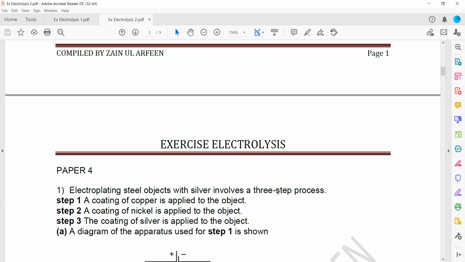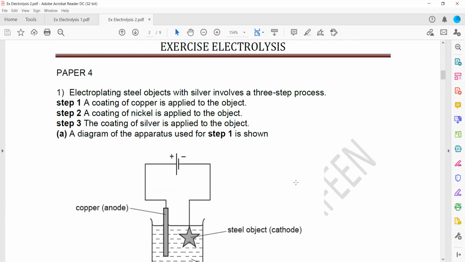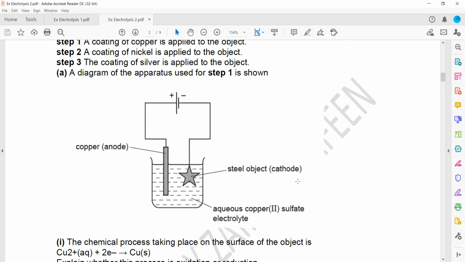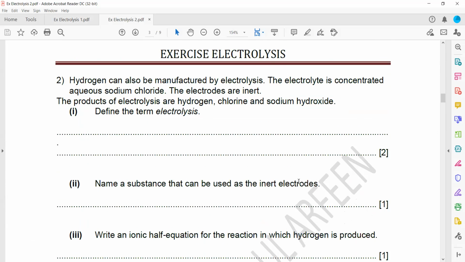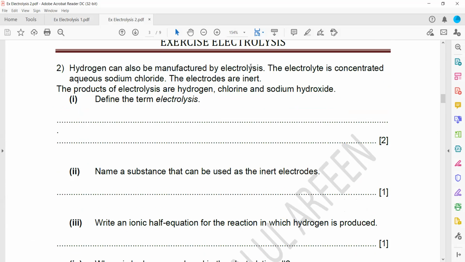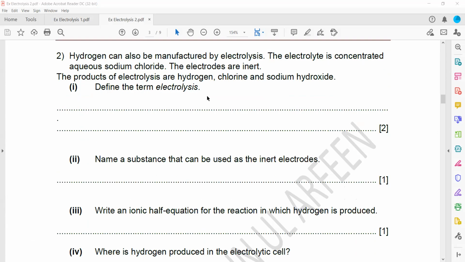Now the structure questions related to this part. In question 2, hydrogen can be manufactured by electrolysis. The electrolyte is concentrated aqueous sodium chloride. So if we have concentrated aqueous sodium chloride,